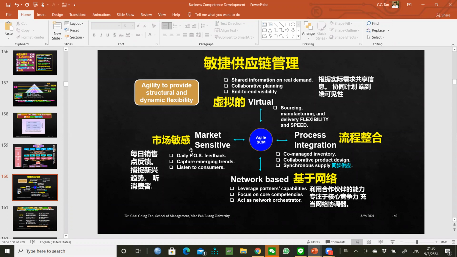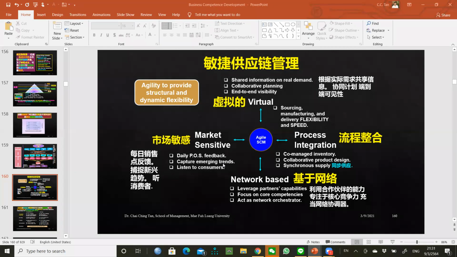So it is really nothing but incorporating all this business model or operations through supply and demand, which is market sensitive on the demand side, process integration, plus the membership network base, and then utilizing your data. Okay, so this is your physical network-based process integrations and virtual data isoquant to be able to deliver to the market sensitivities.